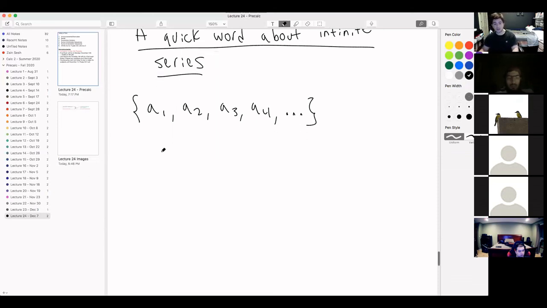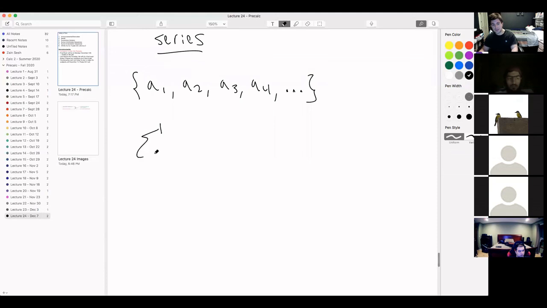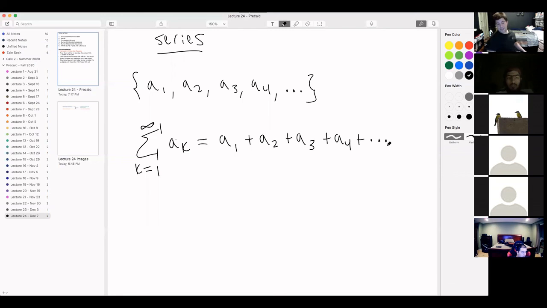Now you're going to want to discuss this thing here, the sum from k equals 1, not to n now, but to infinity. So you replace that upper limit of summation with an infinity symbol. It's not n anymore. So this is a sub k. This is intuitively supposed to represent an infinite sum of numbers: a1 plus a2 plus a3 plus a4 plus forever. So you're adding an infinite